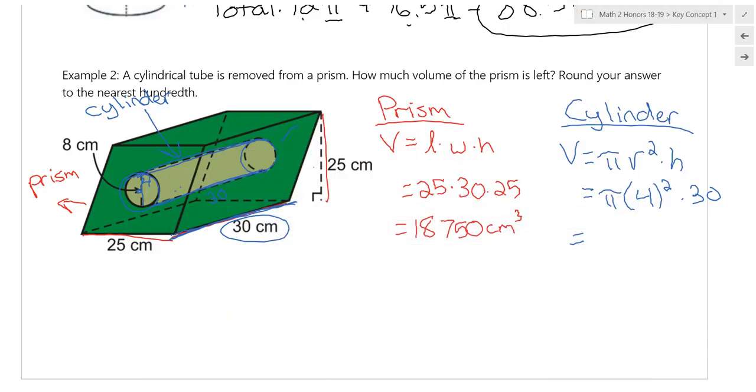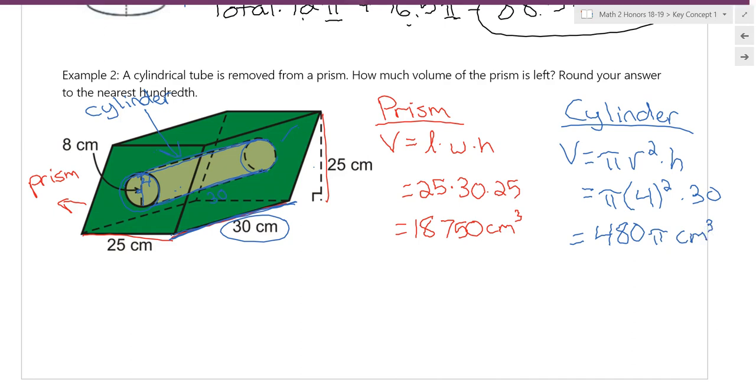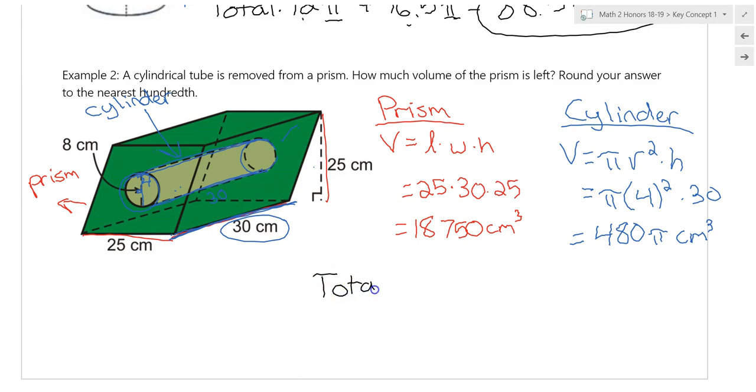Which is 480 pi centimeters cubed. Now for our total, I have to decide, am I adding or am I subtracting? Here I'm taking the cylinder out of the prism. So the prism is bigger, so I'm going to start with that. And I'm going to subtract